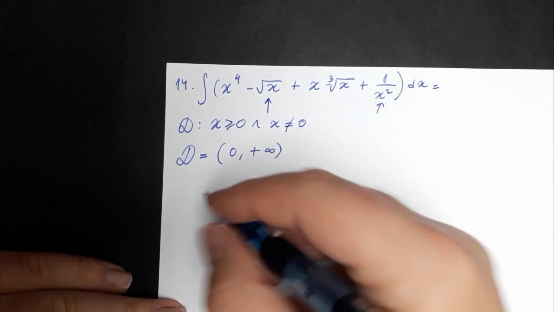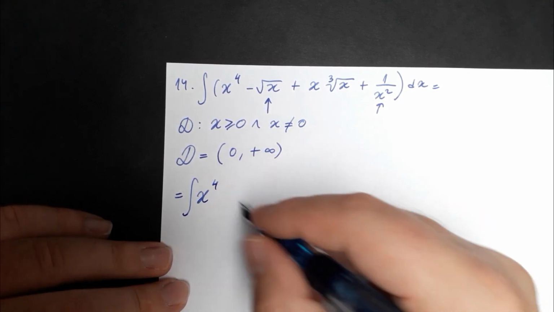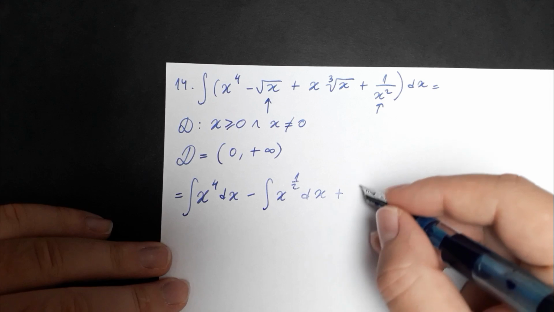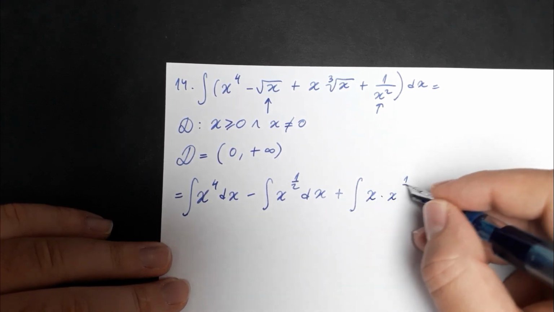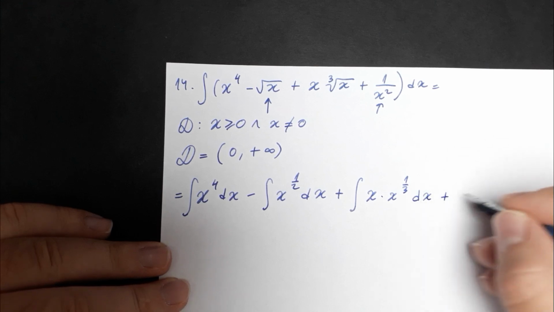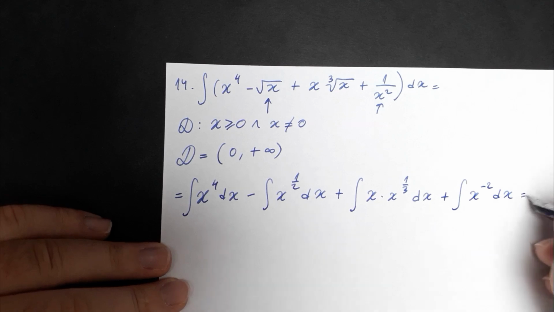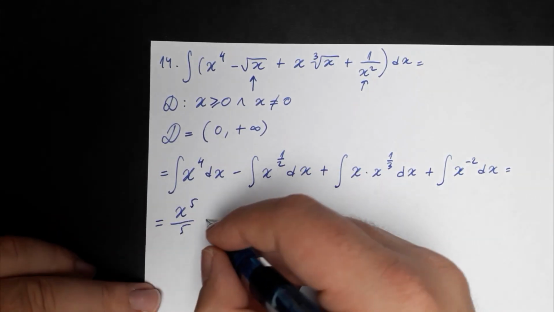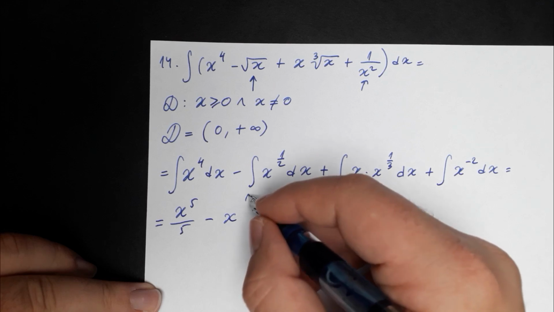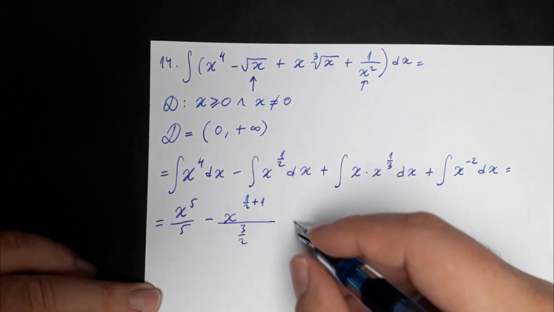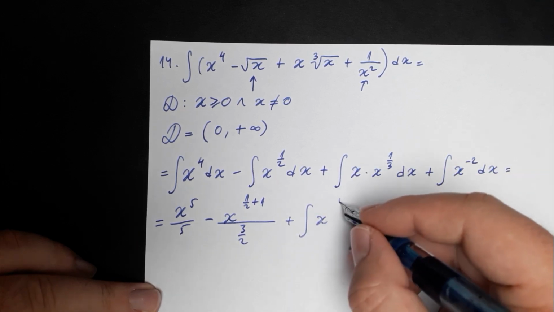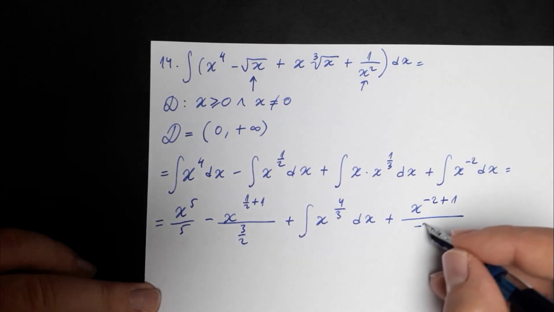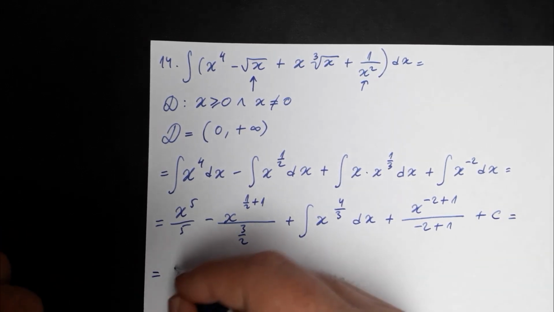This is then equal to the integral of x to the 4th power dx minus the integral of x to the power 1/2 dx plus the integral of x times x to the power 1/3 dx plus x to the negative 2 power dx, which is equal to x to the 5th divided by 5 minus x to the 1/2 plus 1 divided by 3/2, plus the integral of x to the power 4/3 dx plus x to the power negative 2 plus 1 divided by negative 2 plus 1, plus c,